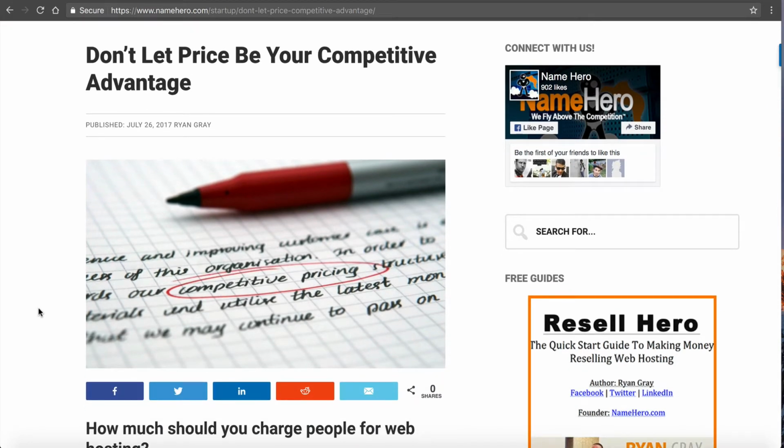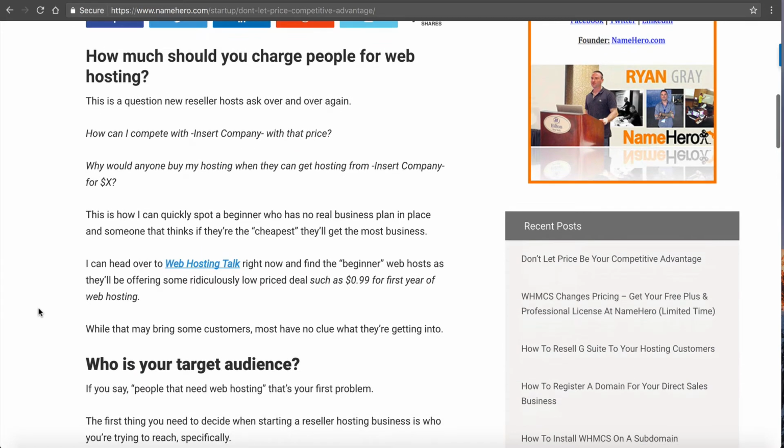Throughout the web hosting industry, it seems like price is a very important thing when people make a buying decision. People in general want the best price for whatever service or product they're trying to buy. Especially in the hosting industry, where there's so much competition, people want to know who has the best price, who offers the best deal. But if this is your only competitive advantage, you're going to find yourself really frustrated,